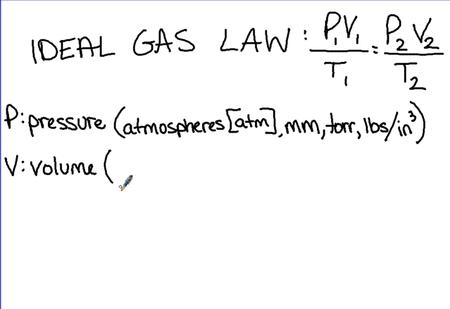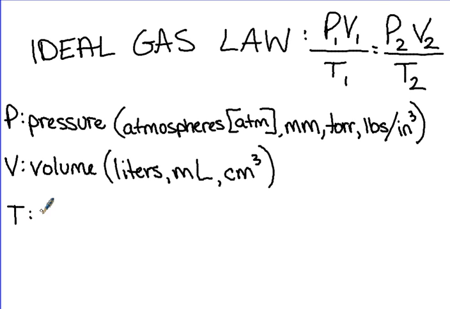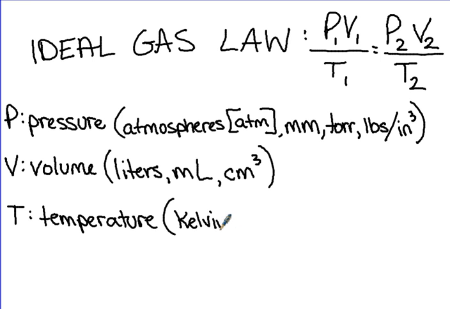The most common ways that we would see volume measured is in liters, milliliters, and we also see it in cubic centimeters as well. All right, so P is pressure, V is volume, and T is temperature. In the ideal gas law, we only use the Kelvin scale for temperature. We don't use Celsius or Fahrenheit, so they will either give you the Kelvin degrees, or if you're looking for temperature, the label will always be in Kelvin, because in the ideal gas law, temperature can only be measured in